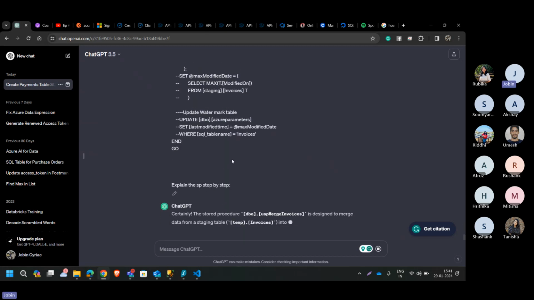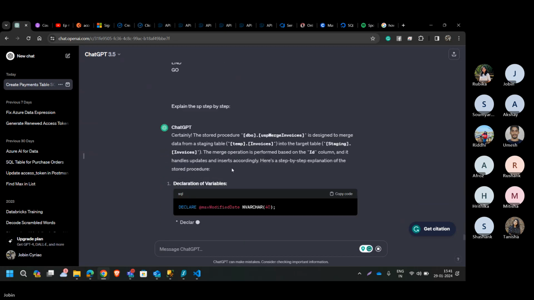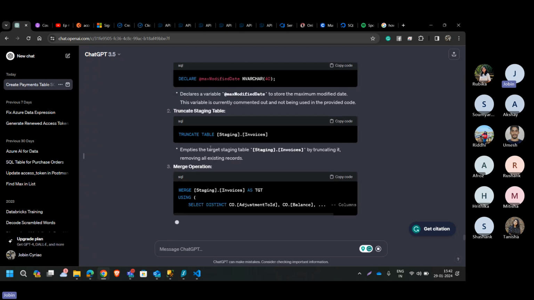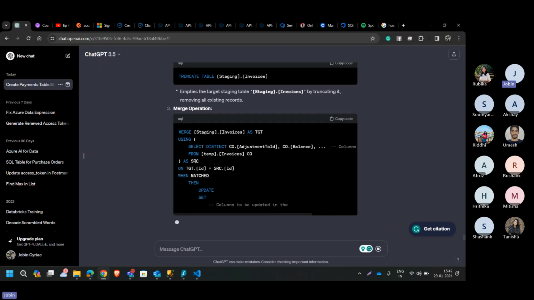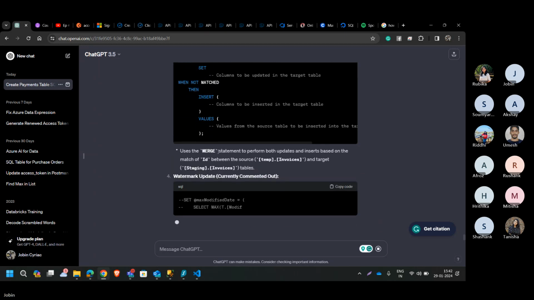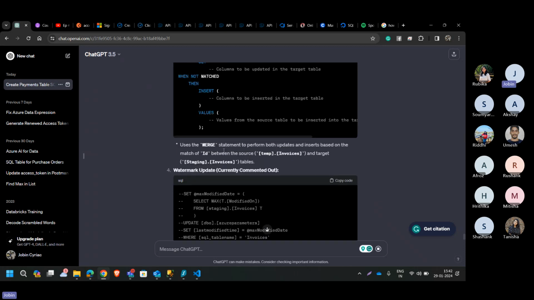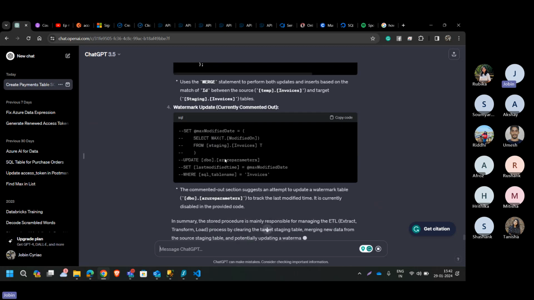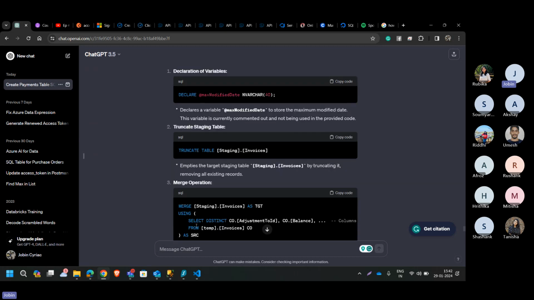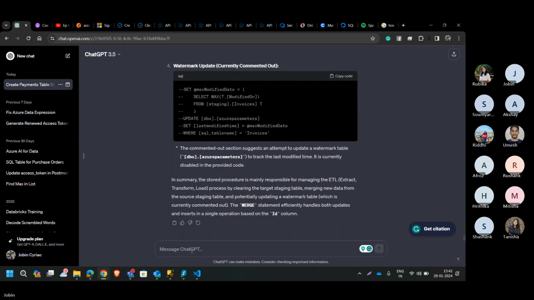It will let us know what every line of the stored procedure does and what its purpose is. So we can see the usability of the SP and what every set of lines does. Now if we want to add some new parameters, such as we need to modify the SP to